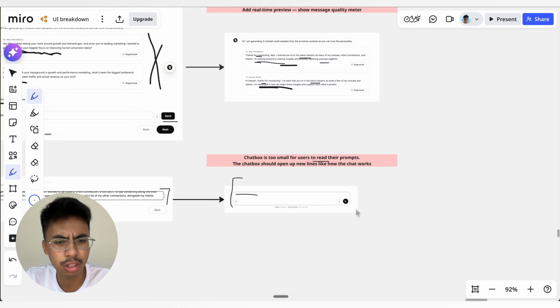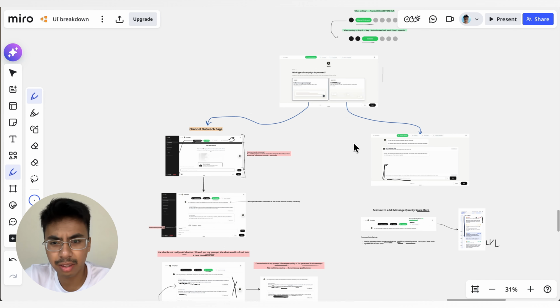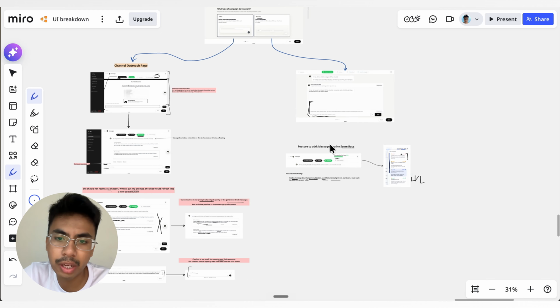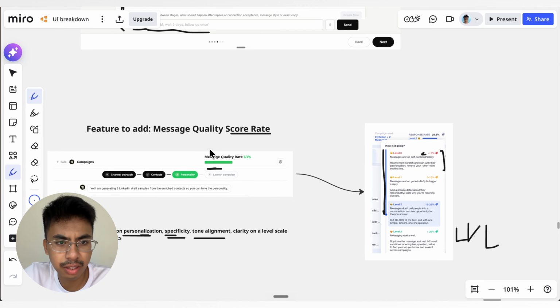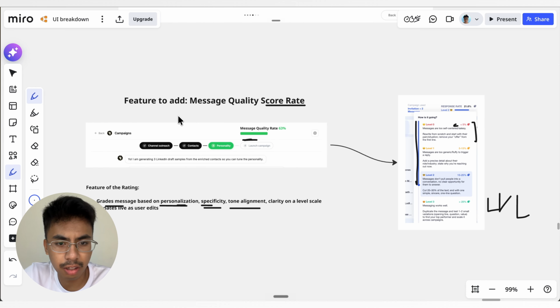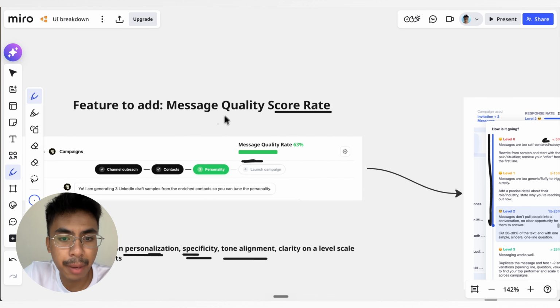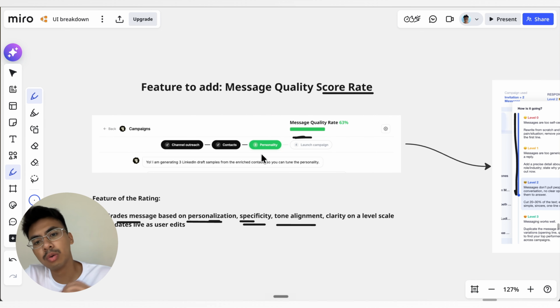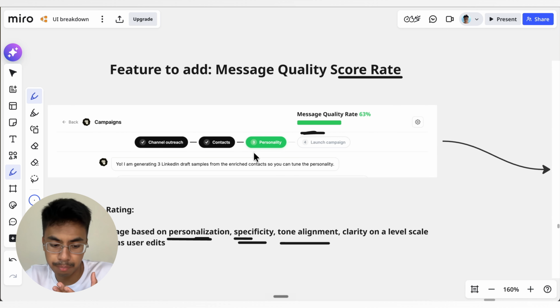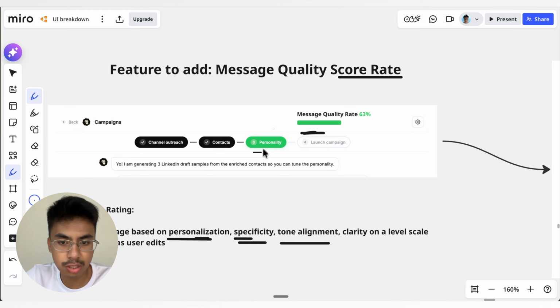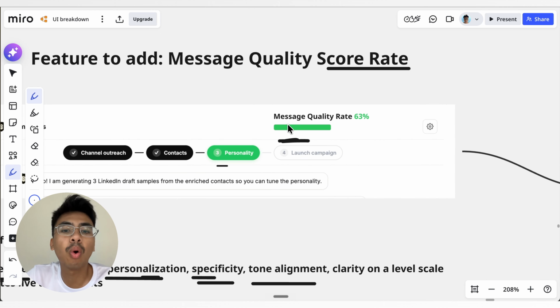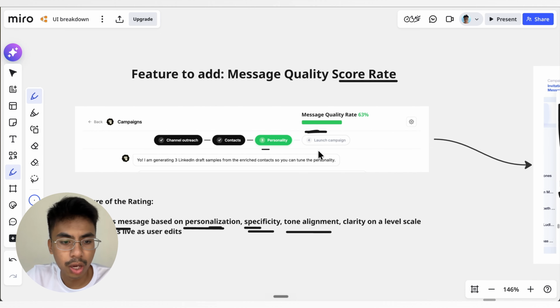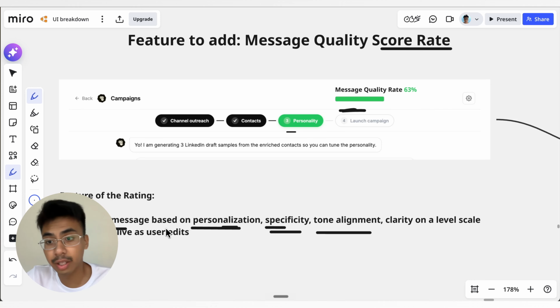That's just it. And I'm pretty sure that's the whole thing that I shared with them. Oh wait, last but not least, the last thing I talked about is a feature that they can add, a message quality scorecard. When a user drafts their DM messages, there should be a quality rating to grade the message they create based on personalization,